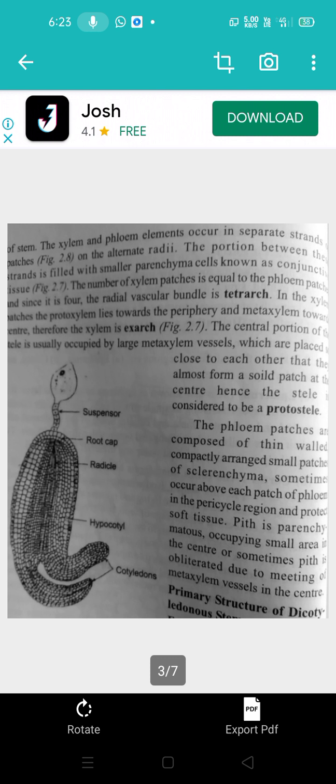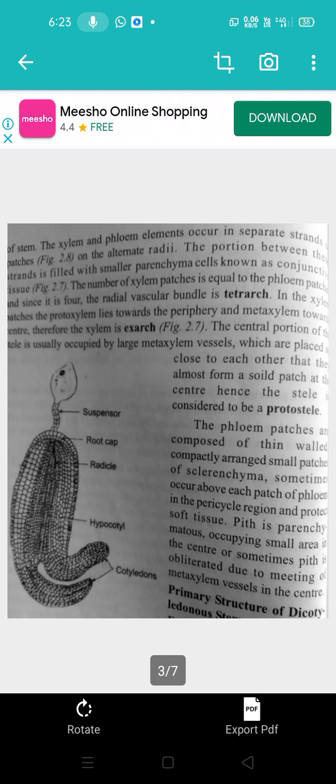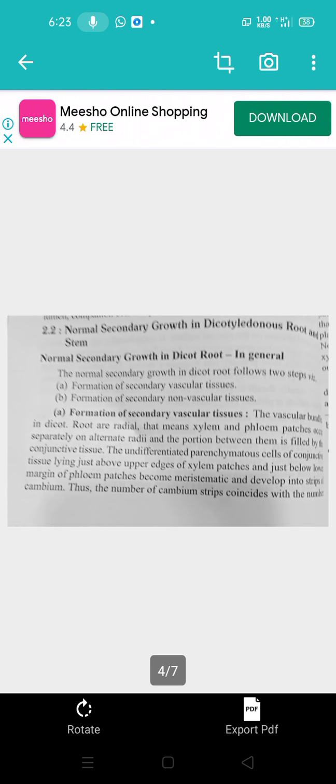The parenchymatous tissue occupies the small area at the center, sometimes the pith is obliterated due to the development of the metaxylem. In this way, the internal structure of this root is clearly visible under the light microscope. When we take the transverse section of the sunflower root and stain it with safranin and light green,